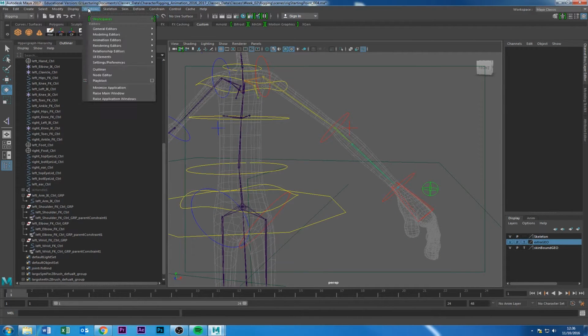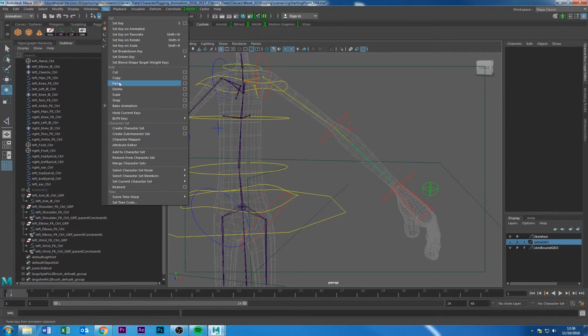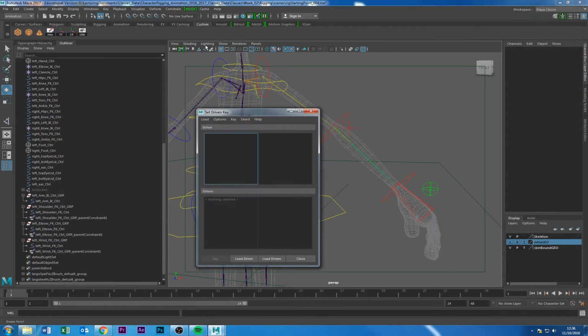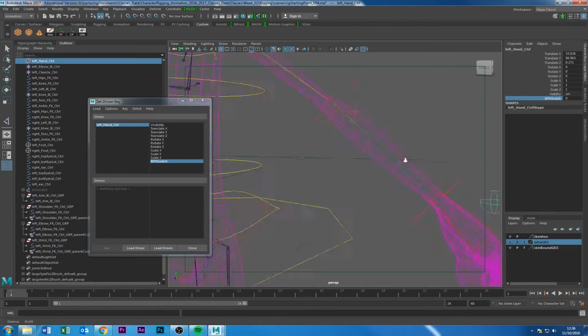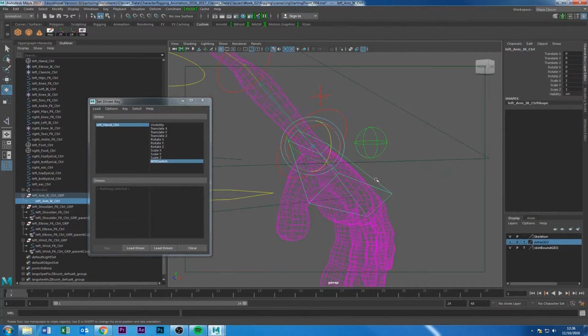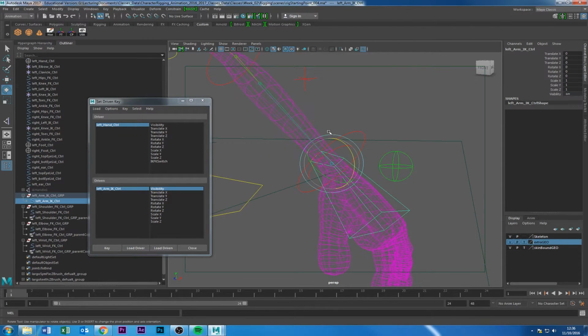So we need to do that with set driven keys. If I go into the animation section, I think it is, go into key, and I say set driven key, and I say set, and I'll take this guy, and I say this is the driver, it's gonna be this guy. So I'll take this, let's put it back to 0, and then I'm gonna start with this control. So I'll take this control and I say load driven, and then the one that we're gonna be sorting out is this visibility, which is this one here. So when this guy is in FK here, okay, this guy is 0, is in IK, these guys are going to be